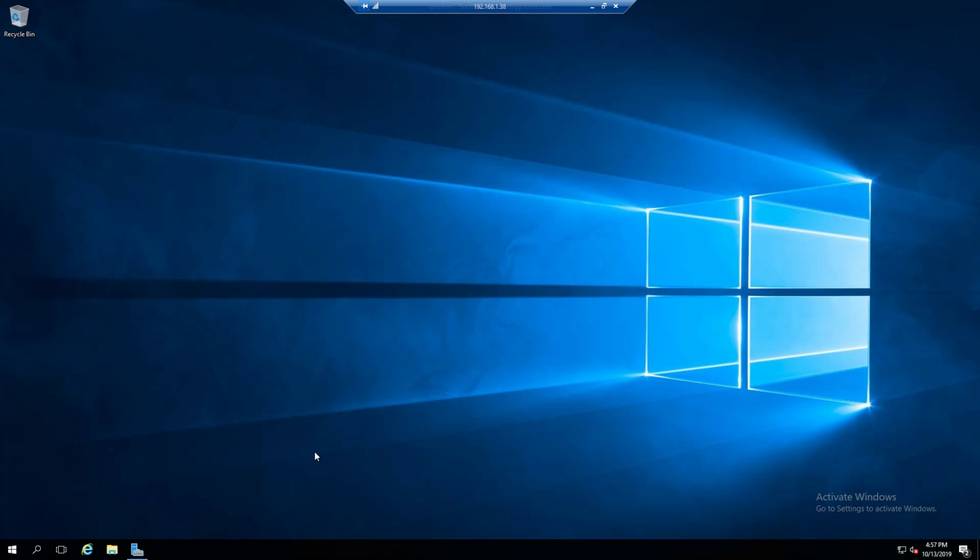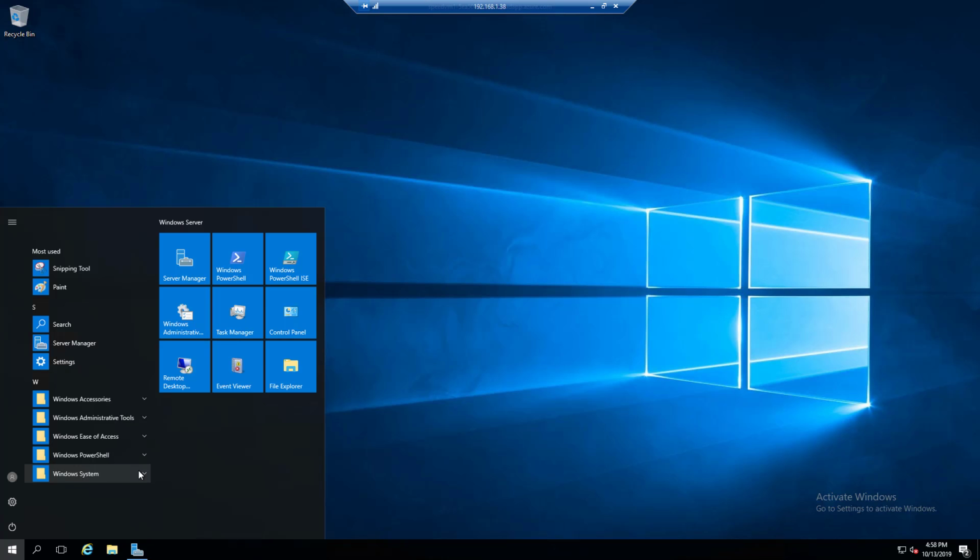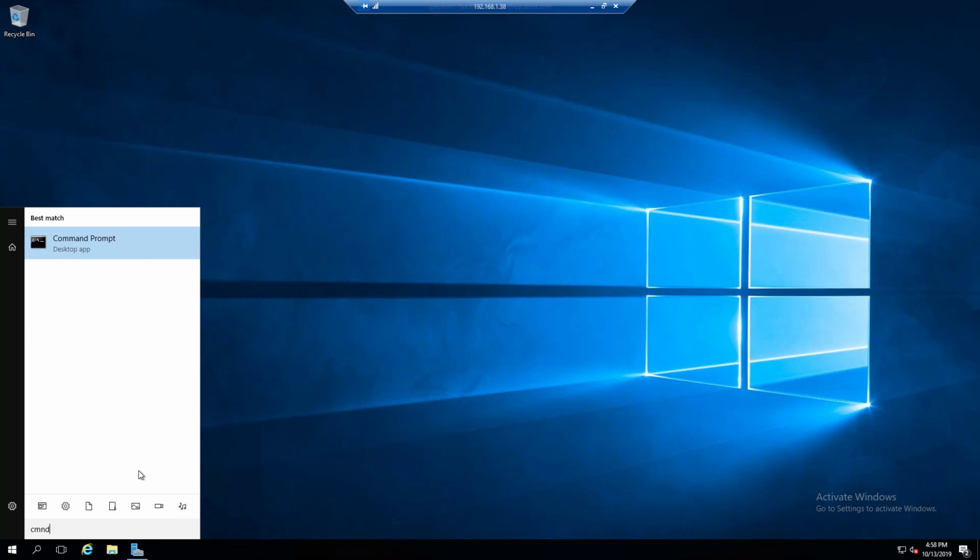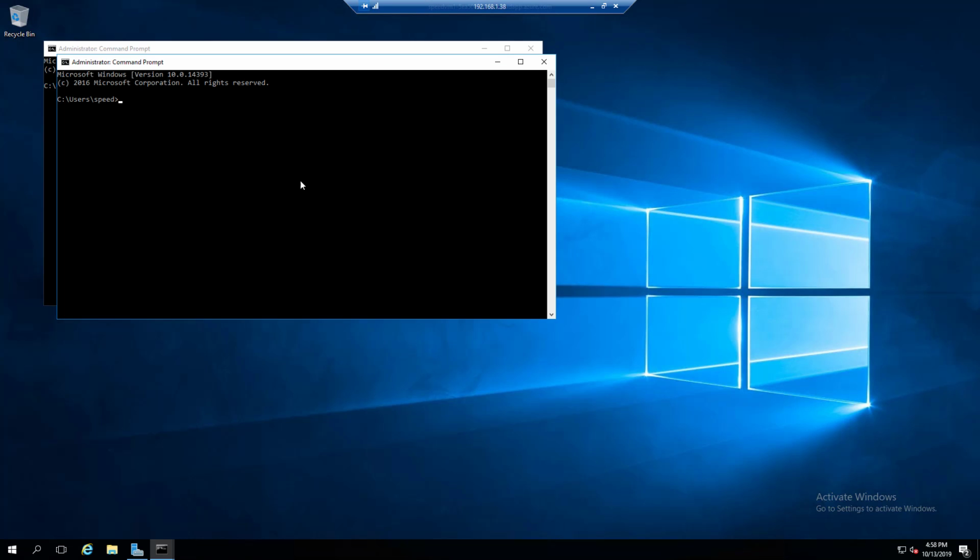So I created a VM using our standard PowerShell script, and I already logged in to save a little time. The very first step is the same exact step using the portal versus PowerShell, and that is generalizing the VM you want to create an image of. So if you recall, that's a command prompt, run as an administrator,